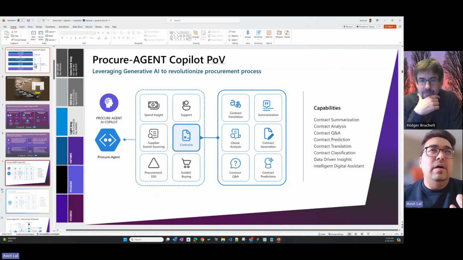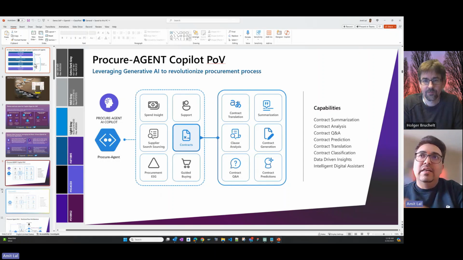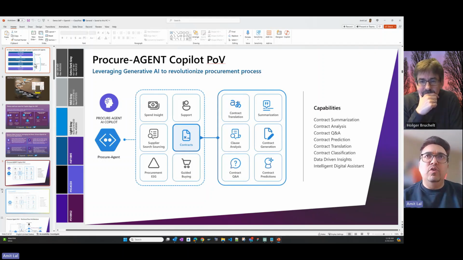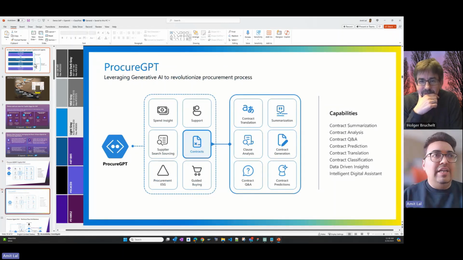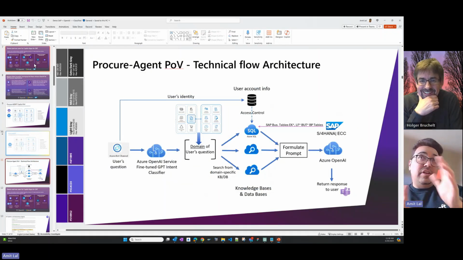In this case, one example is a procurement agent. It can summarize your contract and run Q&A on the specific contract. That contract is residing in S4. You can pull it, and it can scan the entire contract. It can predict the contract. So depending on your requirement, this particular agent is capable of handling any kind of procurement requirements. It's like a procurement agent sitting next to you. It can easily provide you the insight.